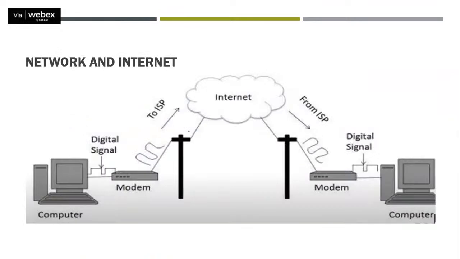So how does the internet work, how do we send a request, how is it encrypted and sent to another system, and how do we get the response? Suppose there are two systems, one on the left side and one on the right side. You can see a number of devices are connected, and all devices are connected to the internet. Whenever you get an internet connection, you will get an IP address from an ISP. ISP is called an internet service provider.